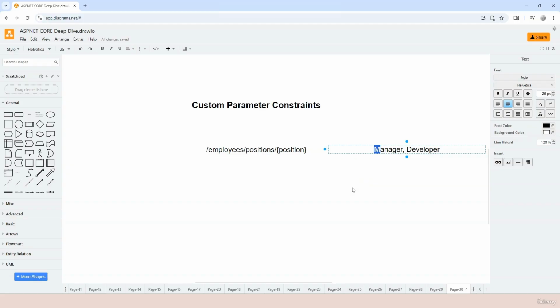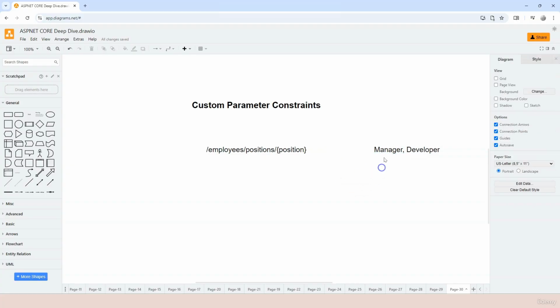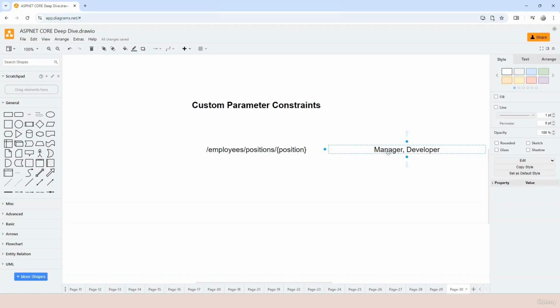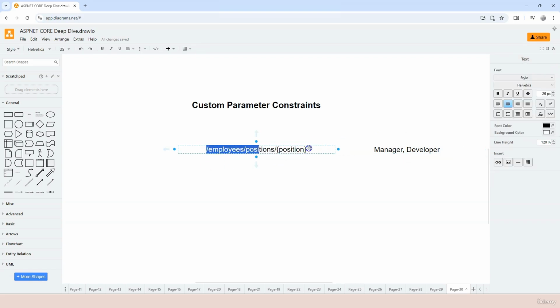But before we go ahead and work on creating a custom parameter constraint class, I want to emphasize that it is highly possible that you don't actually need this constraint, as long as you design your route template well. You don't have to have a constraint here. Again, the constraint is mainly for the purpose of making your route template distinct. So as long as you have a good design with a distinct literal part at the front, then you most likely don't need a custom parameter constraint. But for whatever reason, if you just need it,